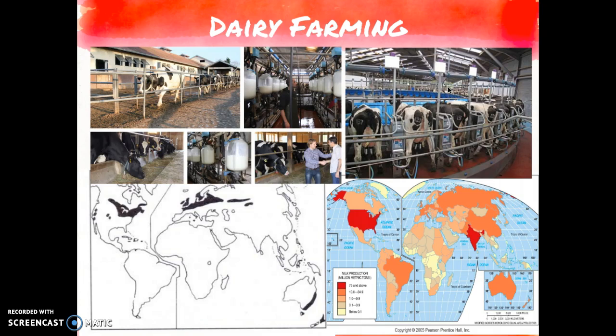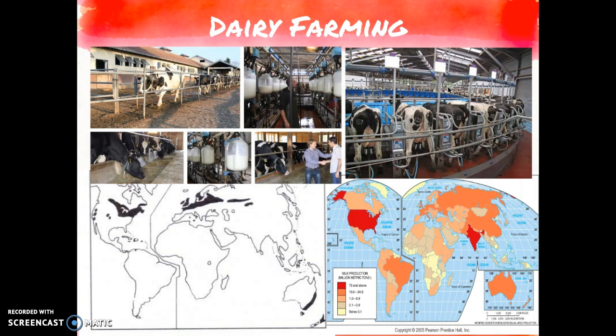This has contributed to the disappearing of small dairy farms in the United States and around the world because it costs so much money to operate a dairy farm. Cows are really expensive to feed in the winter when they can't be grazing. So dairy farming is kind of an exclusive type of agriculture now. So it's important to know that milk production,